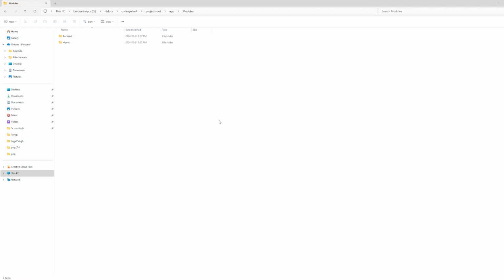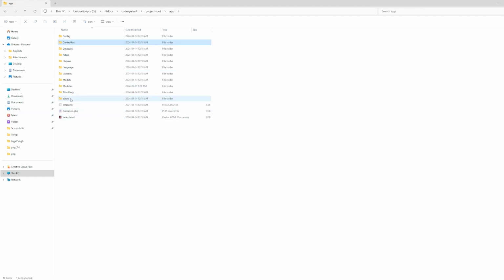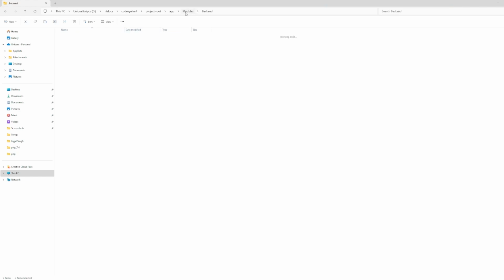Right. Now what we need to do is use controllers, views and models folders inside that. I'm not going to copy the models folder, but yes, we need that if we are doing database connectivity or calling the database for our operations. But right now I'm just showing you how you can create the modules. So we'll just use controllers and views because we are not connecting the database as of now. We need these two folders. So right now I'm just going to copy both of these here